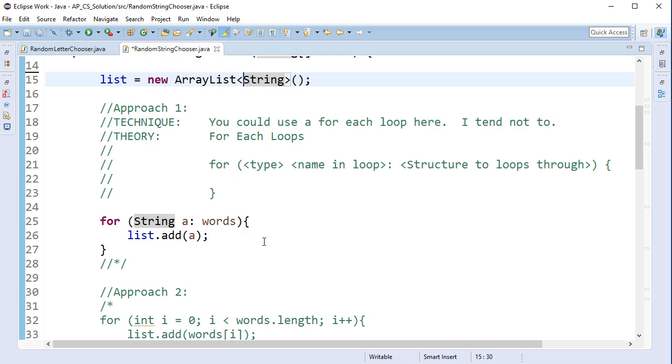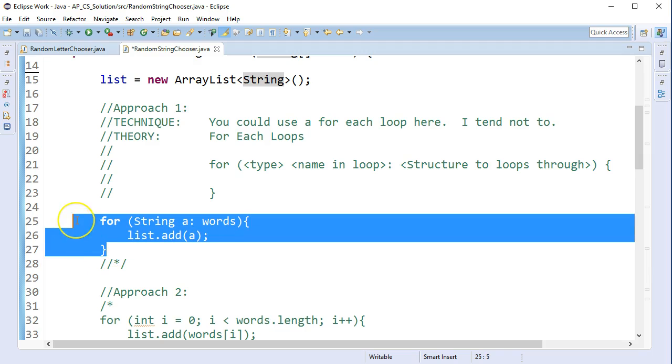And there's two approaches you can use. You could use a for each loop. I really tend not to use for each loops, probably because I just didn't learn them when I was first learning to code. But a for each loop would just be set up like this. Remember, the benefit of a for each loop is that when you're looping through a data structure, that is a list or an array, it means that you don't need the